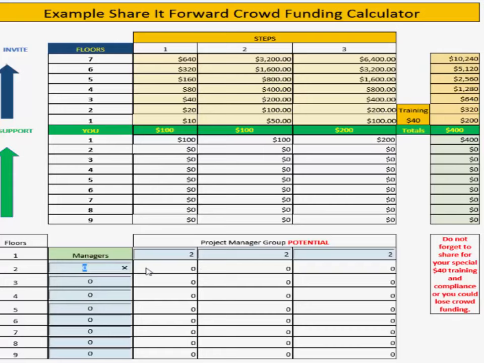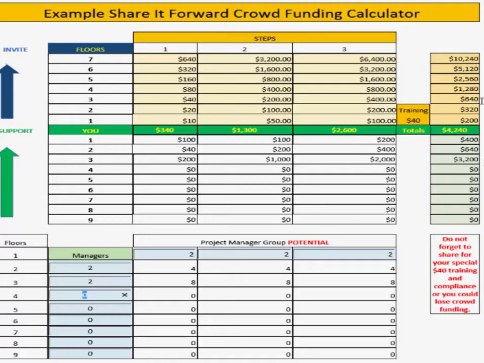So now you're qualified for what these next people are about to do. So those 2, they go out, they refer to each. So now you have 4 projects on the 2nd floor after you. And they're going to donate $640 to you. You're qualified to receive it. So now you take this $640 and you donate it to the project on the 3rd floor before you. So you're now qualified to receive the donations that these next group of people are going to donate. So the 4 projects, they refer to, now you have 8 projects on the 3rd floor after you. So you just qualified $3,200, right? When those projects on the 3rd floor actually make that 3rd floor donation, $3,200 goes to you.